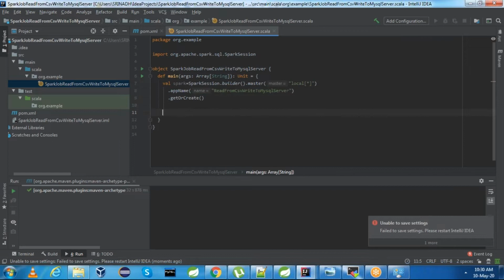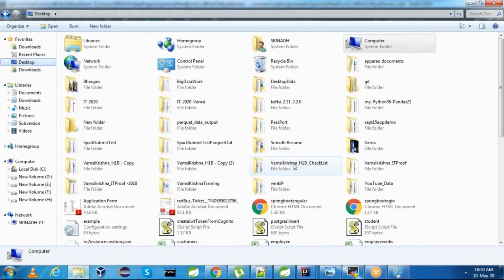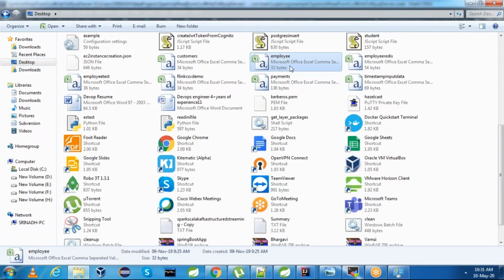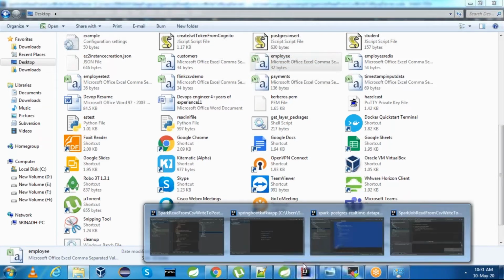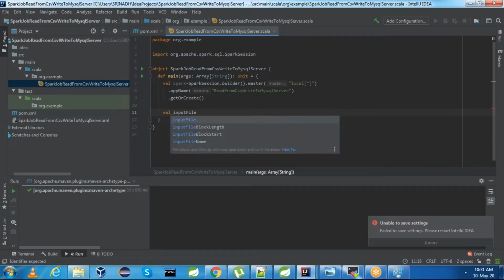Now, I have a file on my desktop. This is the file which I have, employee.csv. Let me give this path here. Val inputFilePath equal to the file path.